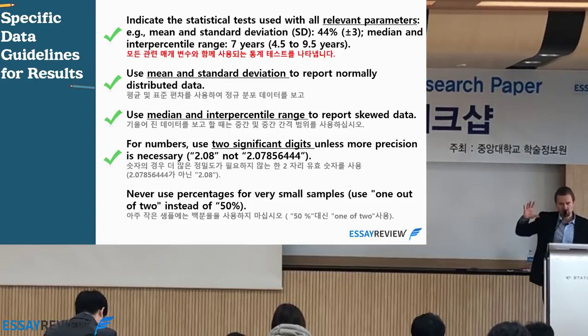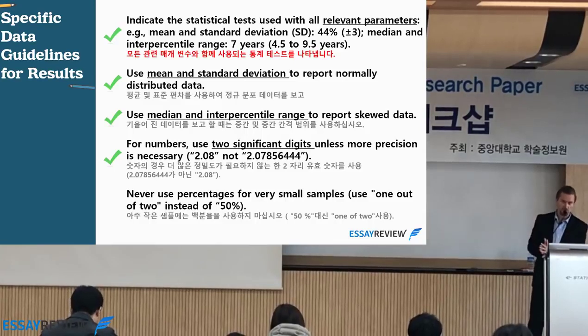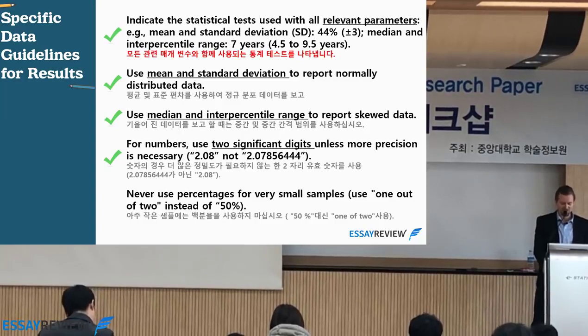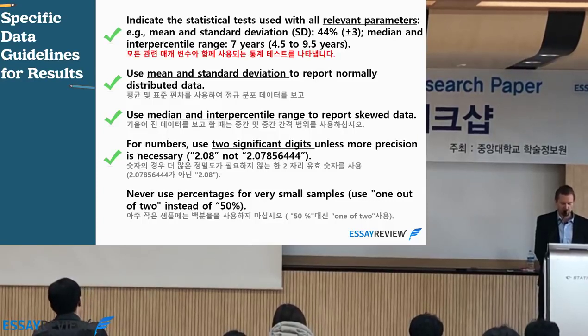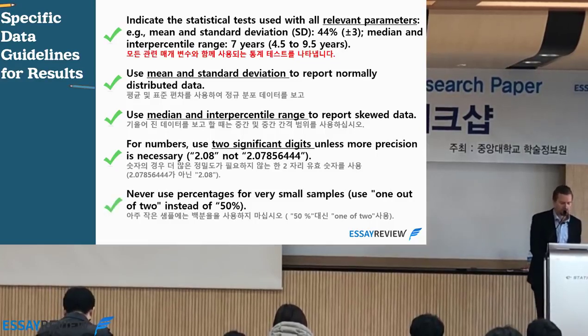You could probably find these results guidelines and parameters in the journal, in the for authors section. You can often find how they want you to report these. For numbers, use 2 significant digits. Don't write 2.07856444 unless you're dealing with nano measurements. Never use percentages for very small samples. Okay, use 1 out of 2 instead of 50%. These are basic rules that if you read the for authors section, you can get an idea of what to